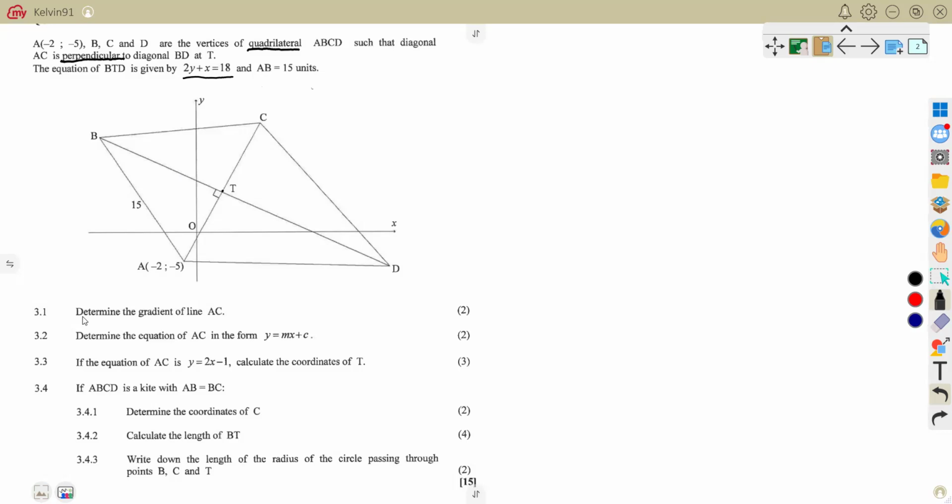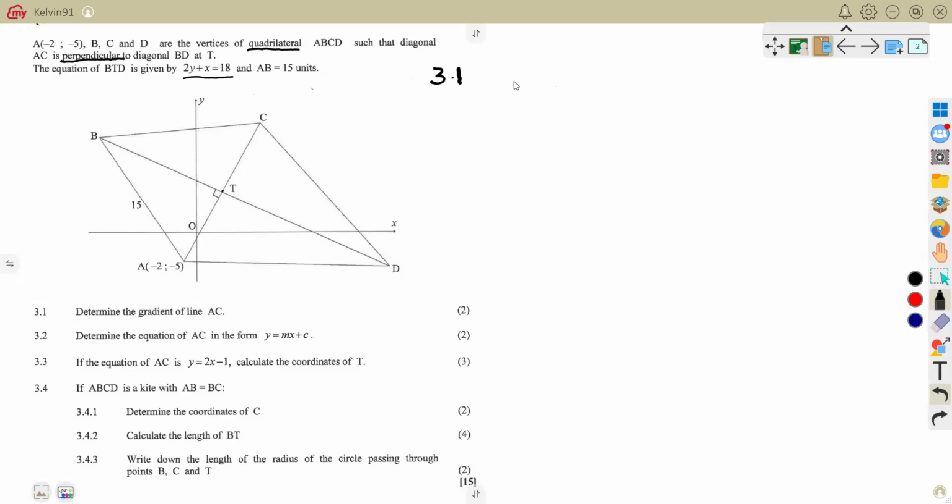Then the question says determine the gradient of line AC. If we check that line AC, you are told it is perpendicular to this diagonal BD. And we know that the gradients of perpendicular lines are negative reciprocals. So we need to determine the gradient of BD, but in this case we are given the equation. So to answer that, we need to rearrange the equation of line BD to be in gradient intercept form. So we are given that BD,